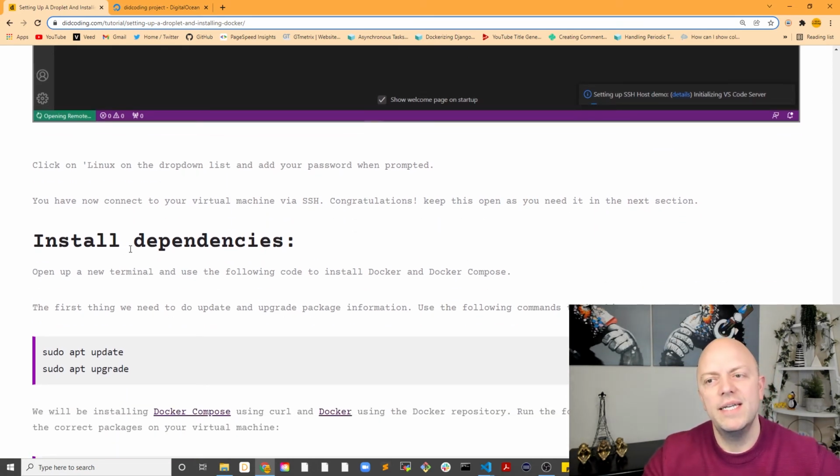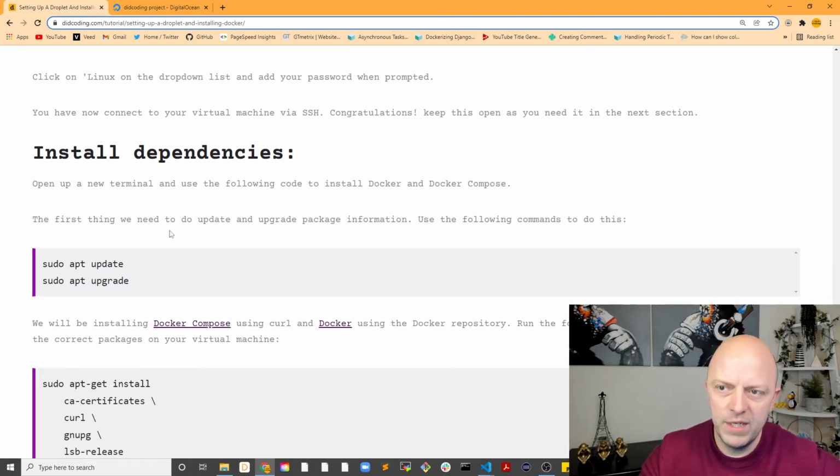So now what we need to do is install dependencies. Okay, so open a new terminal. Well, we don't need to actually, we've got one open. But open a new terminal that is connected via SSH. That's what you need to do. The first thing we need to do is update and upgrade package information. To do that, you use the following commands. So sudo apt update